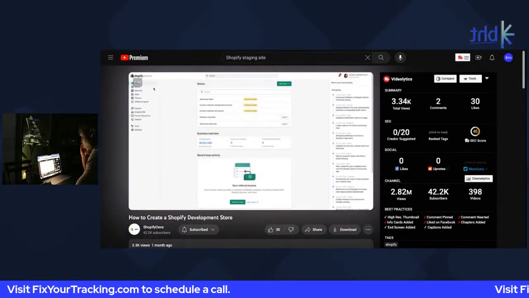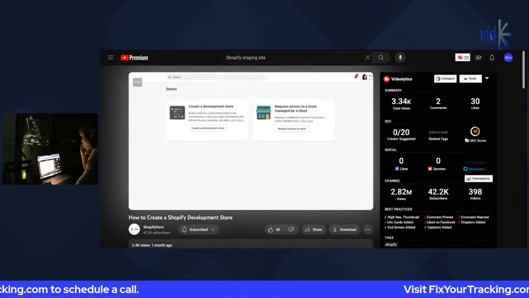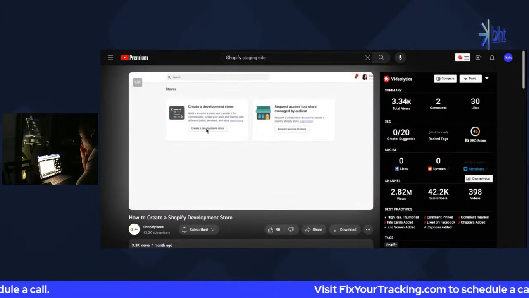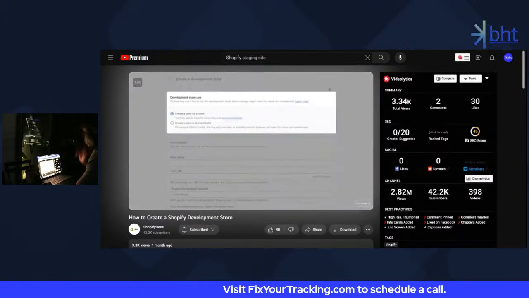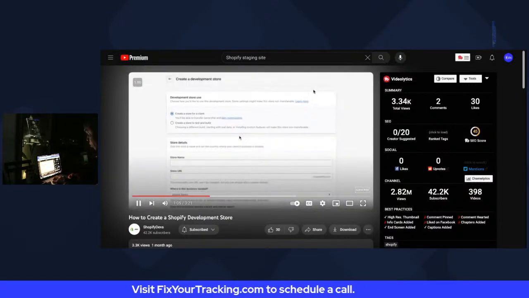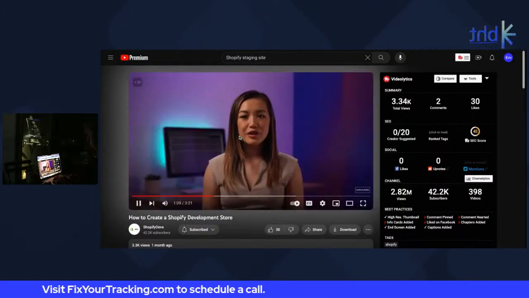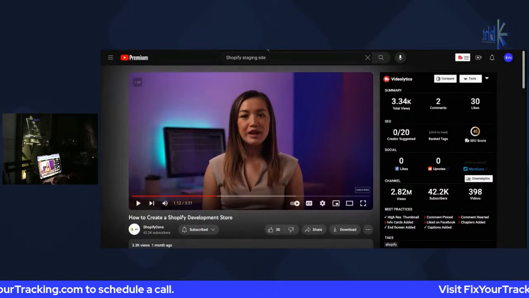From here, click Stores in the menu. If this is your first store, you'll see two options. Click on Create a Development Store. Under Development Store Use, review all the information here to ensure you're choosing the right store for your needs. We'll click on Create a Store for a client. Some merchants build their own Shopify stores, but many prefer